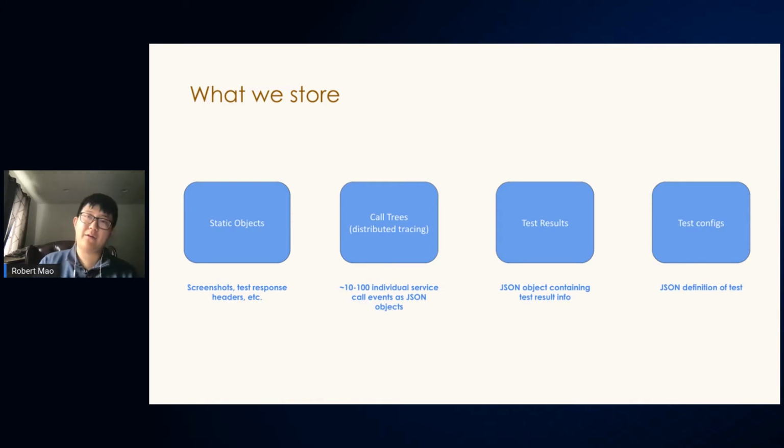There are 4 primary objects that we store within our data store. The first is static objects. These are things like screenshots, test response headers, and so forth, binary blobs, that kind of thing. We have call trees, again the distributed tracing, where for a given call tree associated with a test result, there might be anywhere from 10 to 100 or even more than 100 individual service call events, all stored as JSON